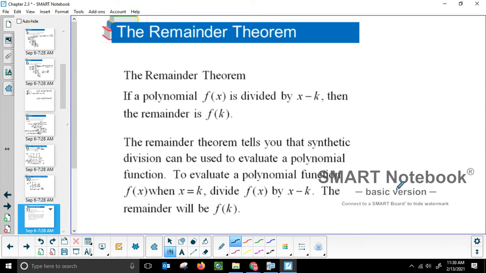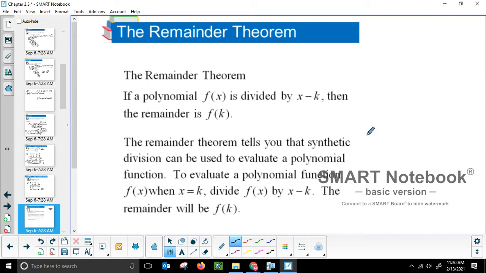All right, the remainder theorem. If the polynomial f of x is divided by x minus k, so we can use synthetic division for that, then the remainder is f of k. So basically whatever the remainder is, if we took this number and plugged it into the function, that's what we would get. So the remainder theorem tells you that synthetic division can be used to evaluate a polynomial